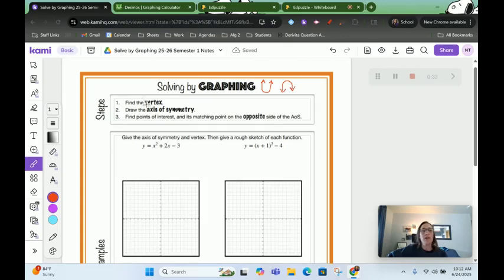We also know that we can graph it if we know the vertex. We've already learned vertex form, and remember, the vertex is either the lowest point or the highest point. And we know that there is an axis of symmetry that goes down the middle of that parabola so that it mirrors itself on either side. Okay? So when we go to graph these by hand, it's important for us to think back to